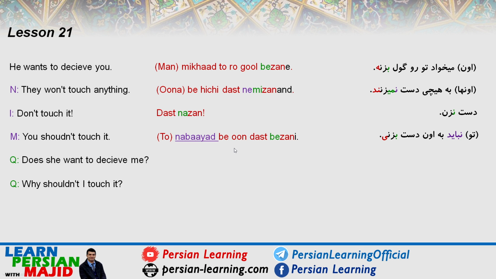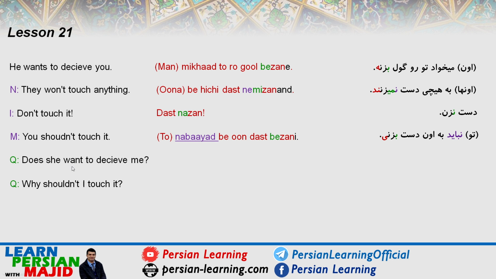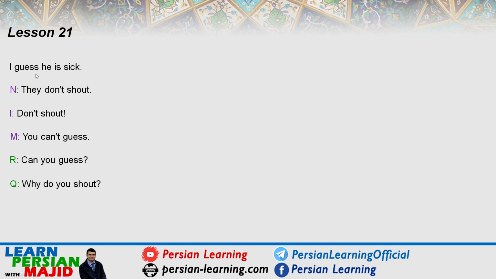In Persian we have touch to somebody or something. Here we have touch it, then we have به اون دست زدن. Okay, so we have به. And here we have don't touch me. به من دست نزن. Does she want to deceive me? میخواد منو گول بزنه. Why shouldn't I touch it? Question, modal, negative. چرا نباید به اون دست بزنم؟